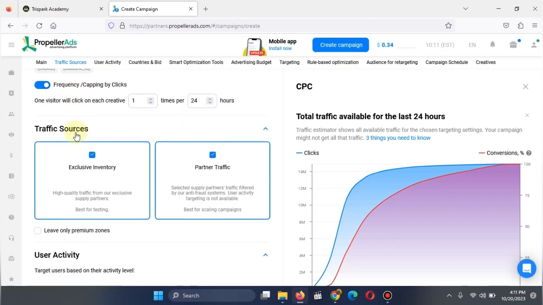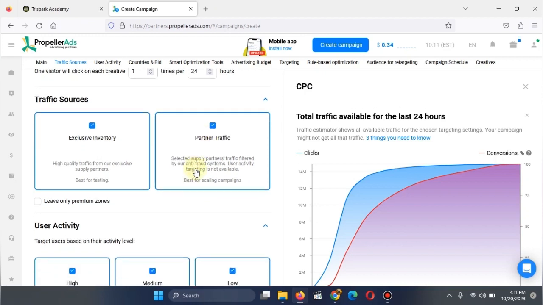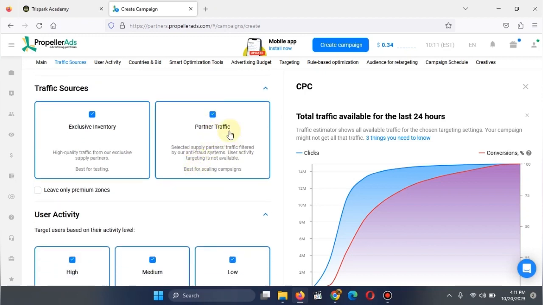Then aside from this, you can go to this place. Now, I would like you to deactivate this partner traffic. The reason I would like you to deactivate it is because sometimes when you select this partner traffic, your traffic will be coming in from sources like movie downloads, pirated movie download websites, and the rest of them. Sources that will really hurt your AdSense account.